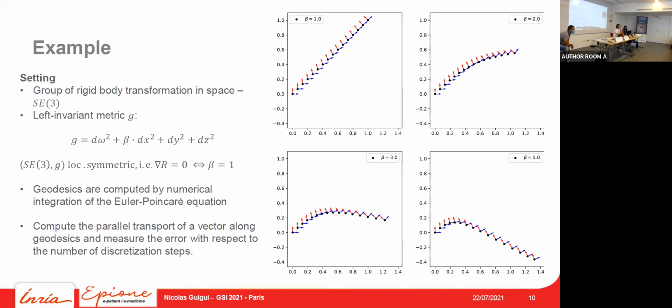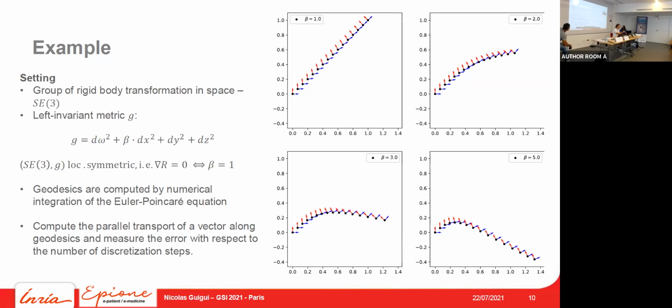And so now I will exemplify this on the group of rigid body transformations, SE3, equipped with a left invariant metric G that we define at the identity, so in the Lie algebra, with the canonical inner product, but we add an anisotropy in one direction of the translation with a coefficient beta. So when it is equal to 1, we retrieve the canonical left invariant connection that results in a direct product